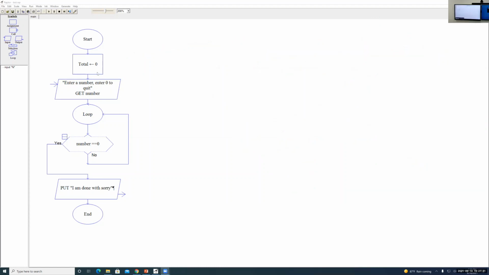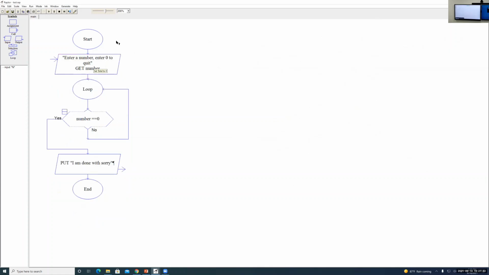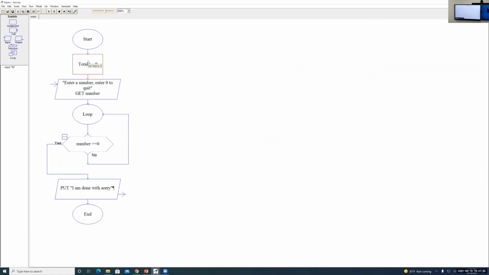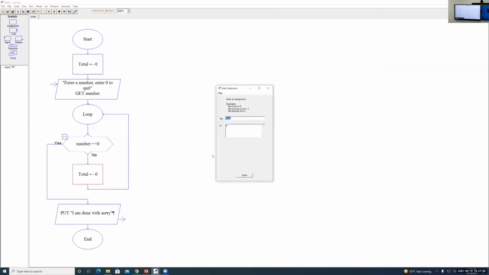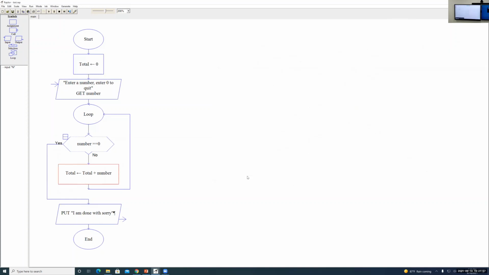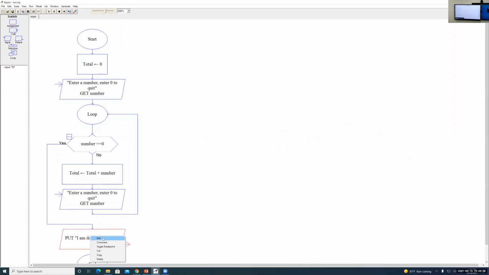So see, you have new total equal to old total plus number. And of course, right? You are right. After every time, you have to get the new number here. You have to get the new number here. And you put it down. The total is